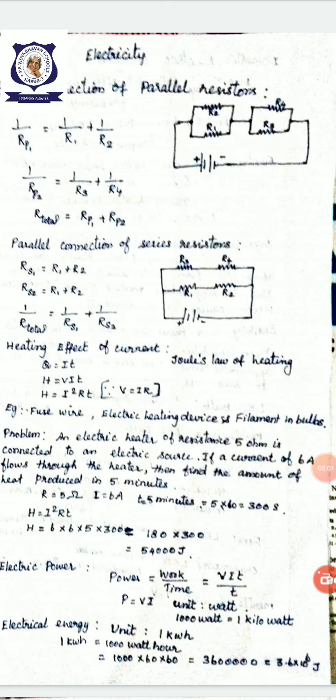Next, the heating effect of current. Already I told you, when current passes through a material, there is an opposing force, called resistance. Due to this opposing force, the electric energy is converted to heat energy. Wherever we need heat energy, for example in appliances like electric geyser, electric stove, iron box, we are converting electric energy to heat energy. For that purpose we use the heating effect of current.